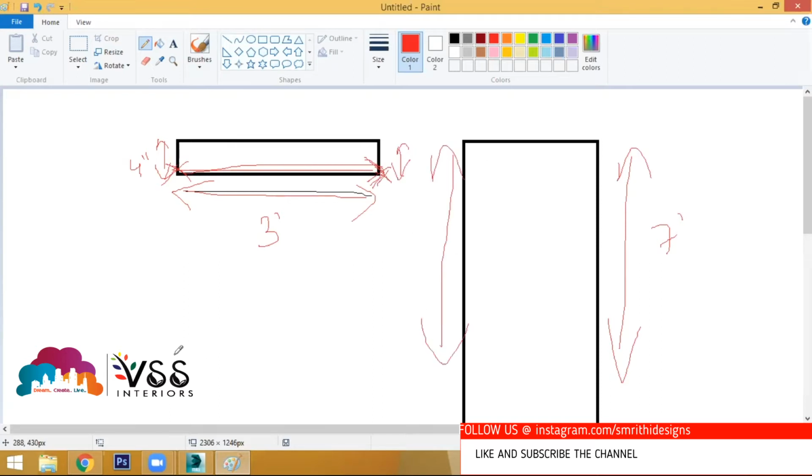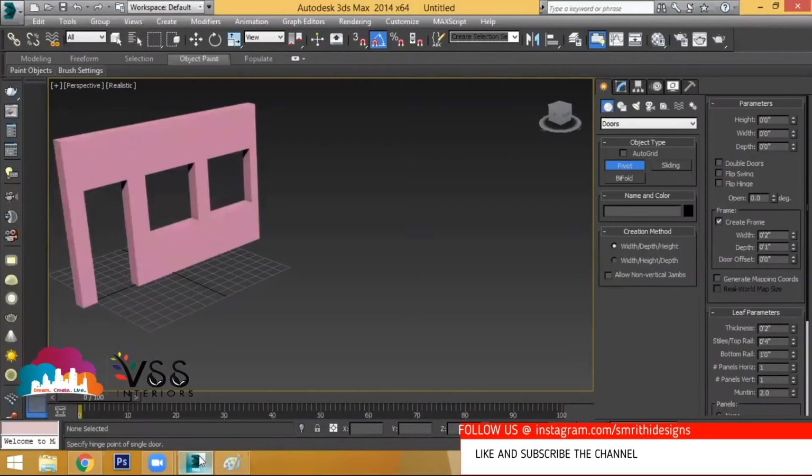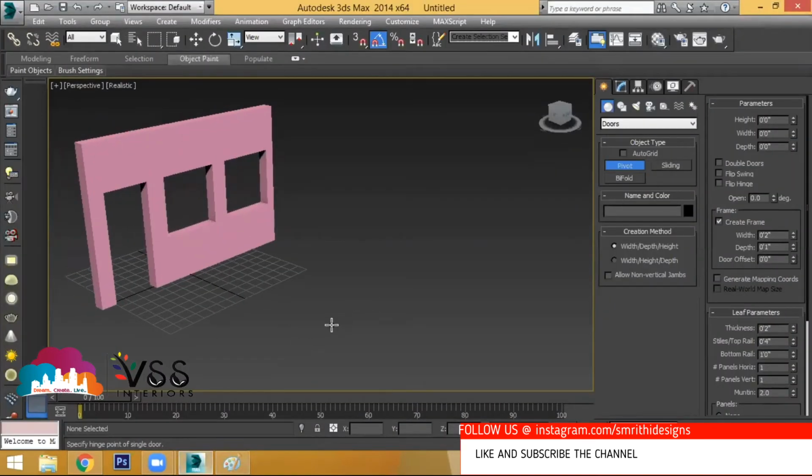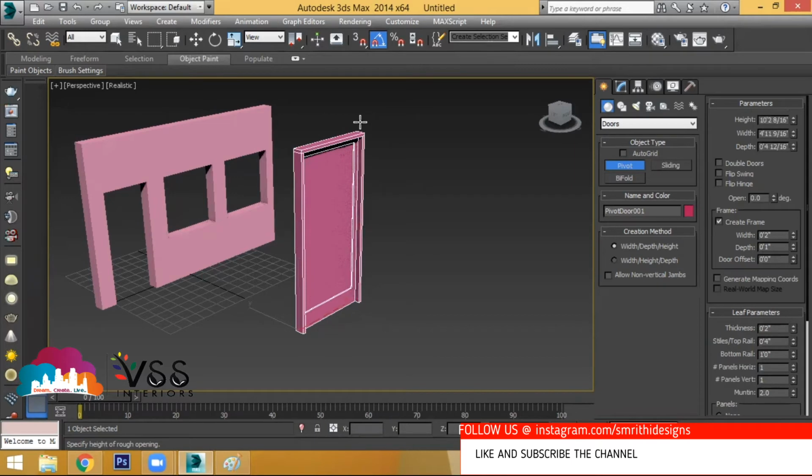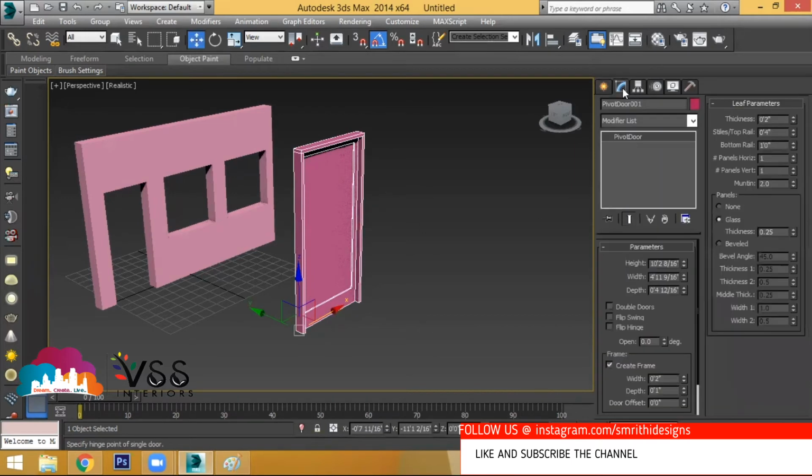First, drag the total length approximately, release the mouse and provide the width. Don't drag it like this. Provide thickness of the door very small, click it, and then provide how much height you need and then click it. Now go to modify.